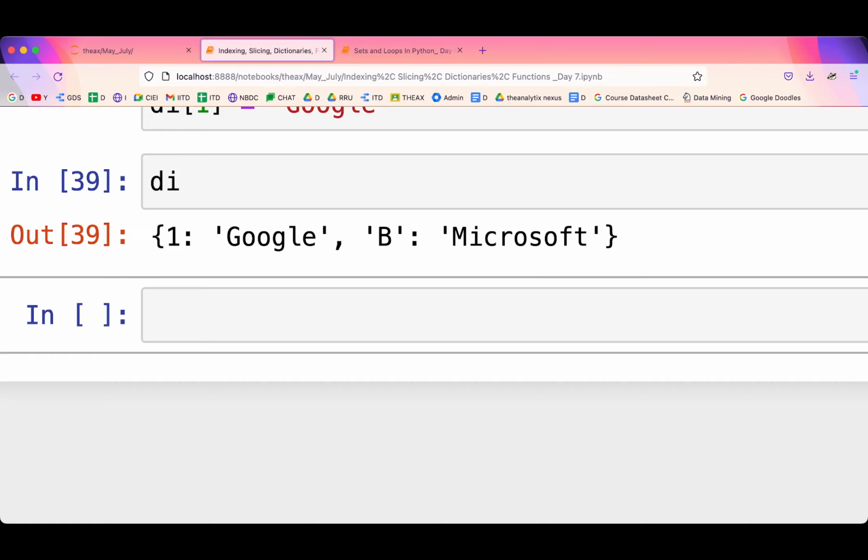If you want to write something in your di actually, for example di of another element, I give it something like d and it will be equals to Apple. So I can show you my di, and it's d over there. That's name it simple apple. Okay, it's coming simply. So this is how you're going to add. You're going to update your values of your